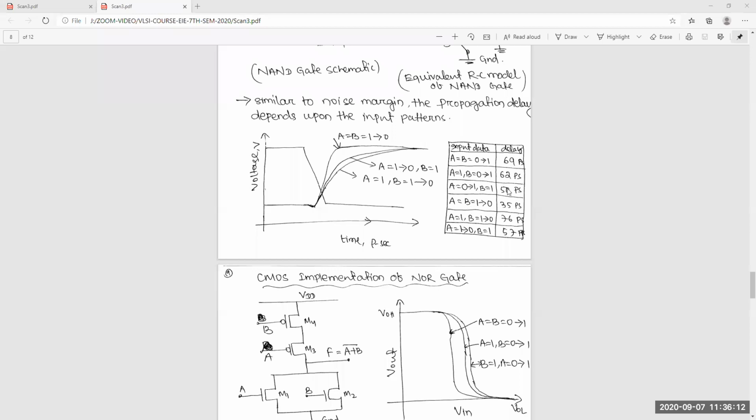In between, these cases come when any one of the gates is on and the other is off. Also, due to threshold voltage and body effect, some deviation will come. That is a minor thing, but according to that we get different timings and delays. From those different delays, we can calculate which one is the best, which one is the worst, and which are the typical. So according to that, the noise margin will change.